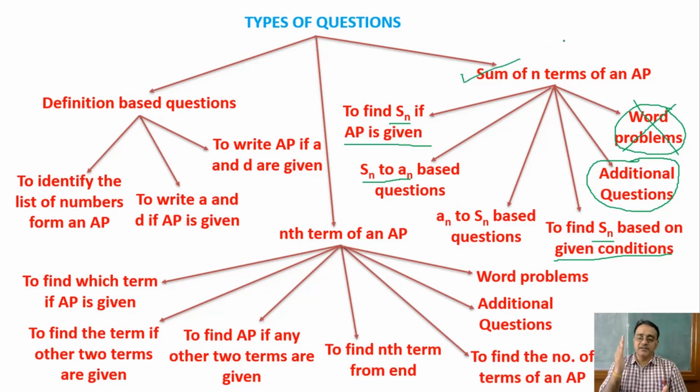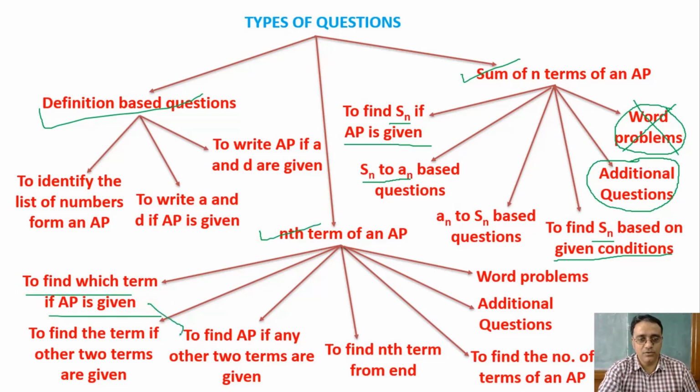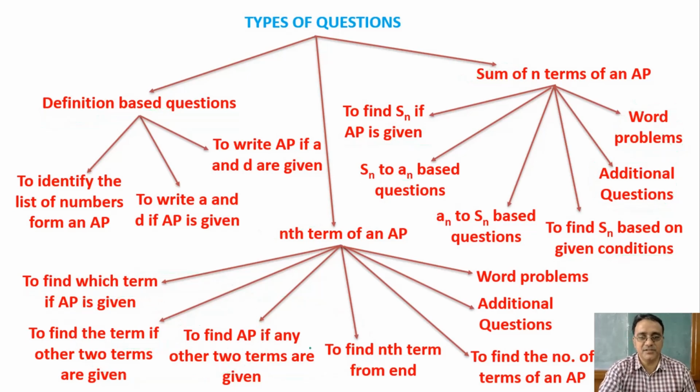So I am going to divide this revision into 3 sessions. Okay, 3 revisions. Today is revision number 1. We will cover these questions, and we will start this part and see some questions we can do. First 2 or 3 types we will try to complete. And in the second session I will wind up nth term of an AP. Then we'll come towards a few questions from sum of n terms. The last part we will wind up completely in the last revision, the third revision.